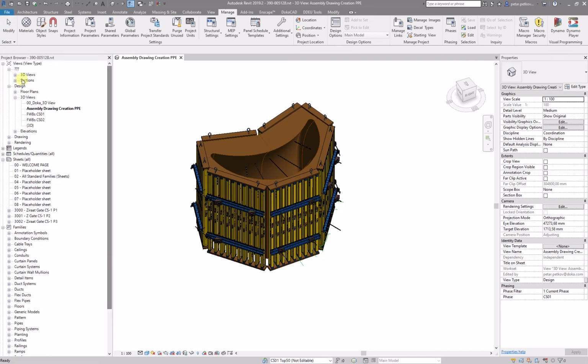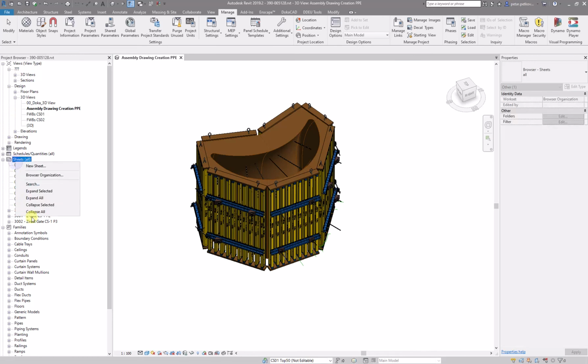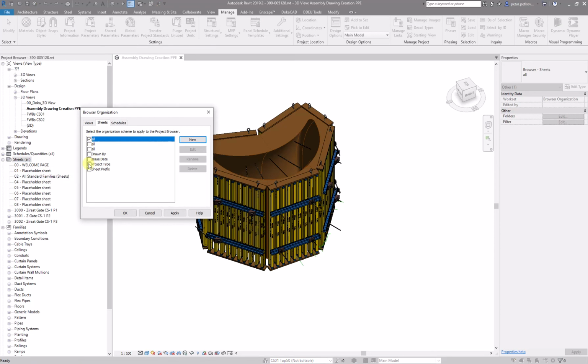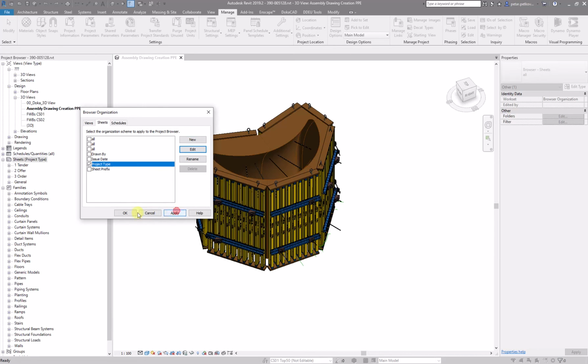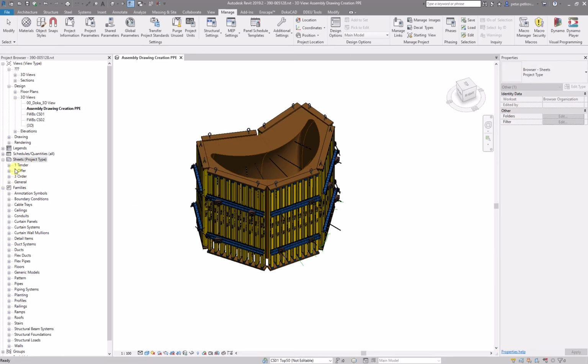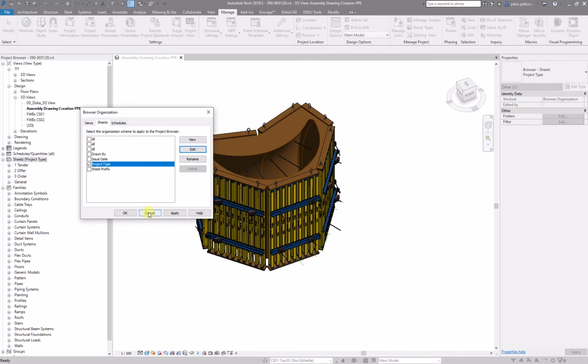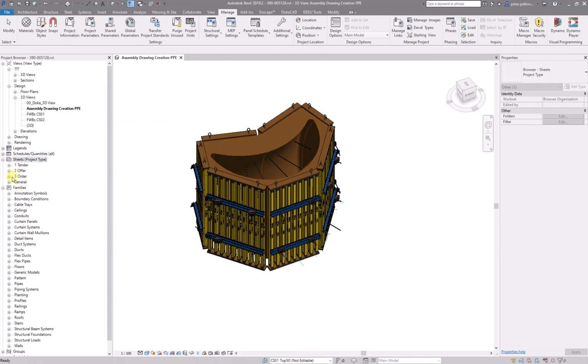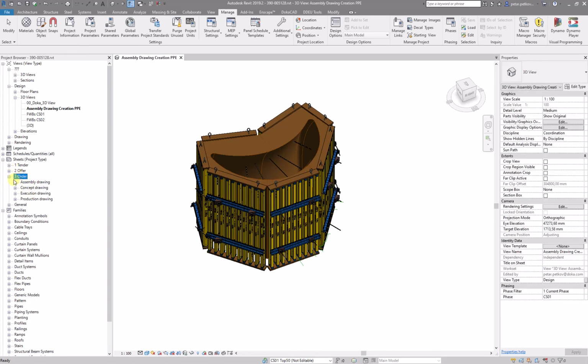Now it's time to see the drawings. We go to sheets. We rearrange them again because I pressed Ctrl Z too many times, and we put it to project type. This shouldn't be done every time, it should be there by default. But if you're missing a drawing here, it's always a good idea to have a look at project organization and all, and then maybe see drawings that are not categorized under the current Docker template. Our drawing should be under assembly drawing. So we have just created drawings 3000 and